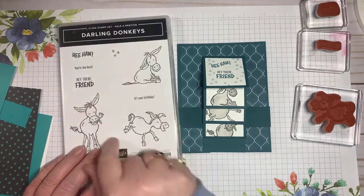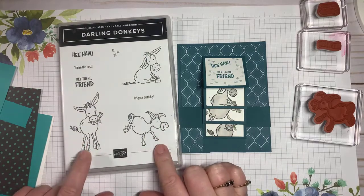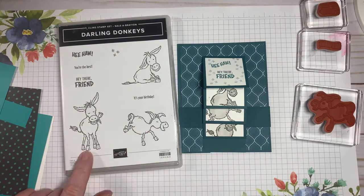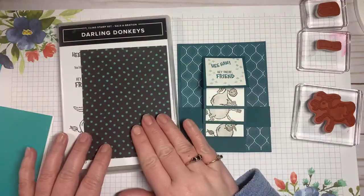So we're going to use the Darling Donkeys because I love this set and I haven't had a lot of time to play with it. We're going to use the Darling Donkeys, and I'm also going to use some of the designer series paper